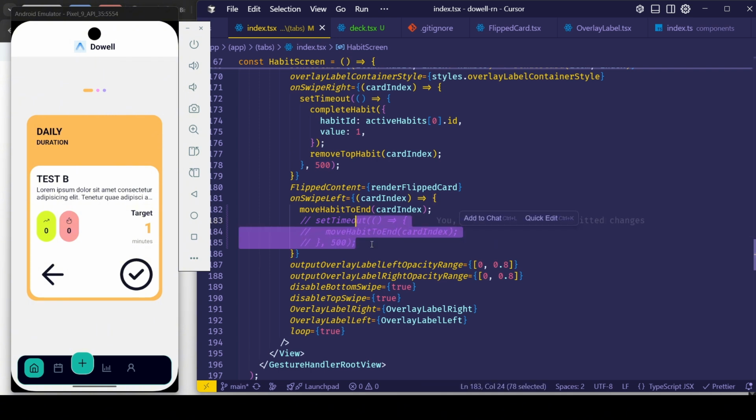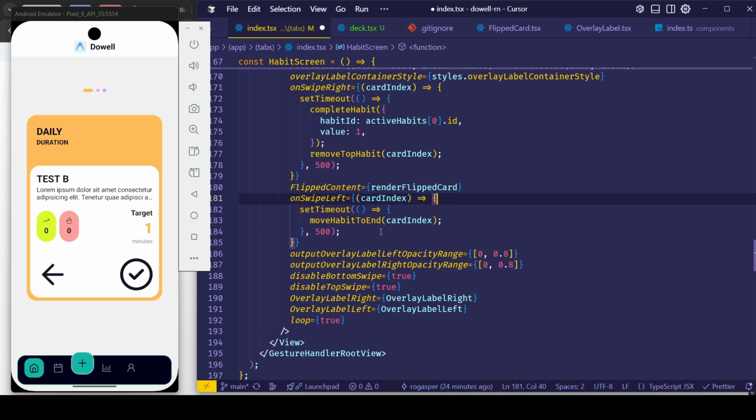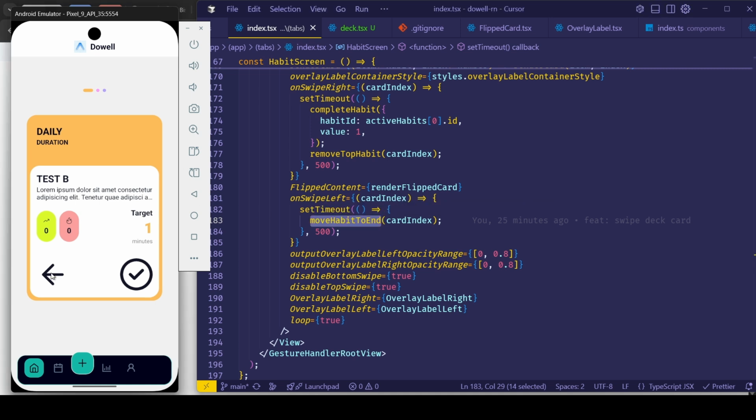So I use setTimeout for the finish of the animation, then you call moveHabitToEnd. So in here, when you swipe, this is a very smooth animation for swiping live.